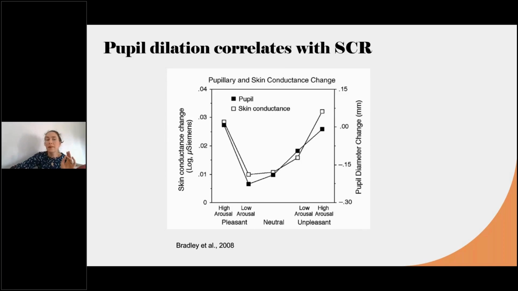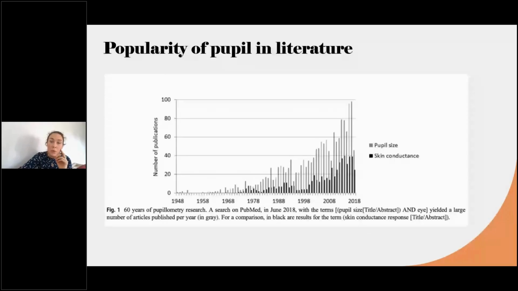So it doesn't matter whether the arousal is of positive or negative nature, the pupil size will dilate and skin conductance will increase. All right, so the measure of pupil size has become much more popular over the years. There's really an increase in the number of publications, and in the past couple of years, this has increased even further. So there's a lot of interest in measures of arousal,